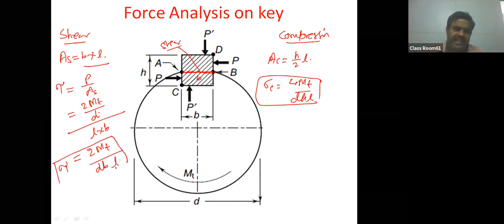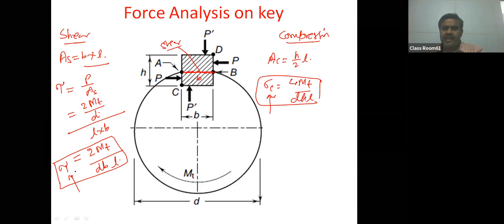So these are the two basic formulas which are used during the design of the key. One formula is for the compressive stress and one formula for the shear stress. With these two formulas, key can be designed, or you can take the help of the industrial practice. If the stresses are given in the question, with permissible factor of safety and yield point given, then you can calculate the permissible shear stress or permissible compressive stress, and then do the design of the key on the basis of stress analysis.